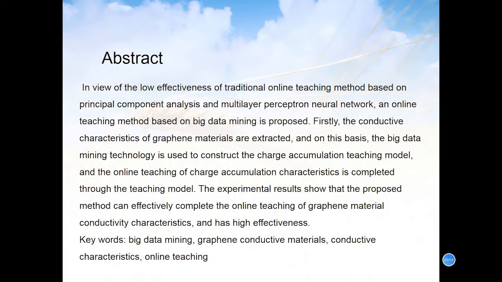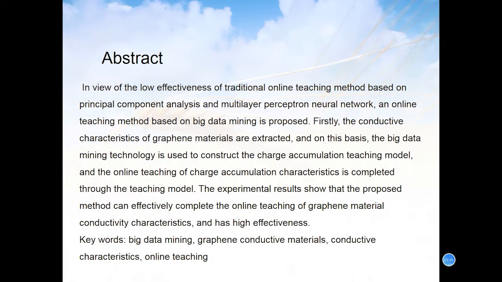First, the conductive characteristics of graphene materials are extracted, and on this basis, the big data mining technology is used to construct the charge accumulation teaching model,